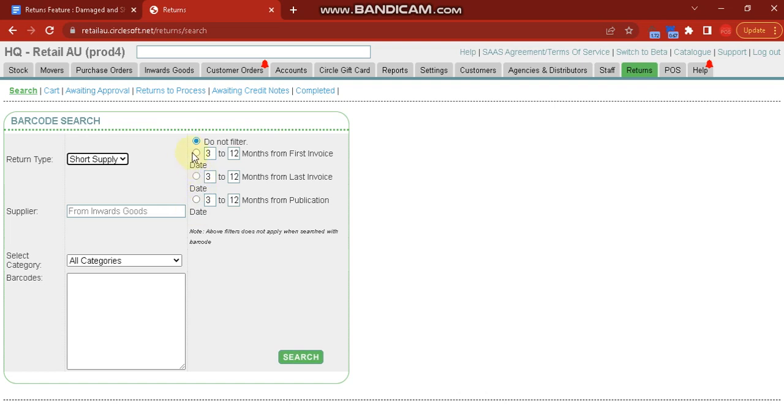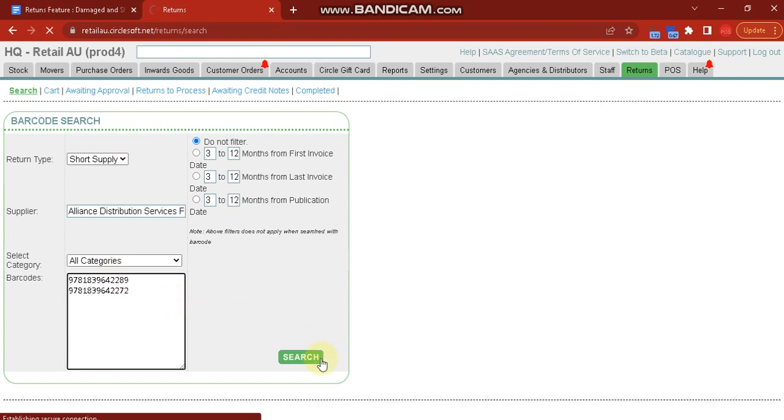Use the usual filter for your invoices. You may set the date or the month for the invoice filter. As usual, you can search for the distributor. You can also search by barcode. If you search, then the drop down is set to short supply. When you click on add,